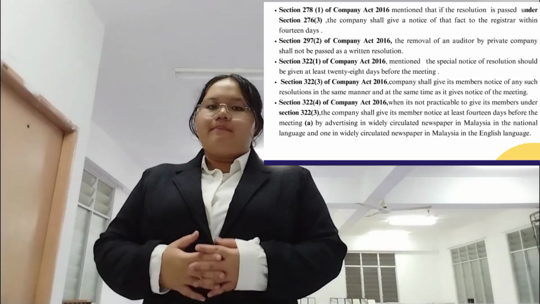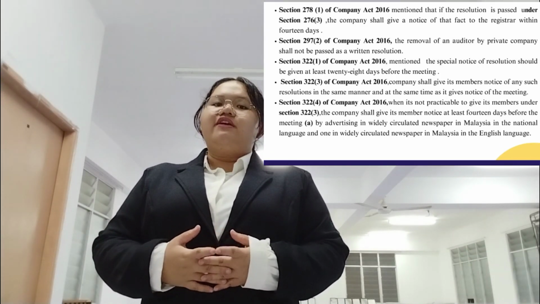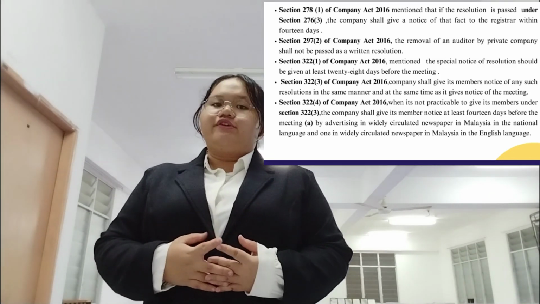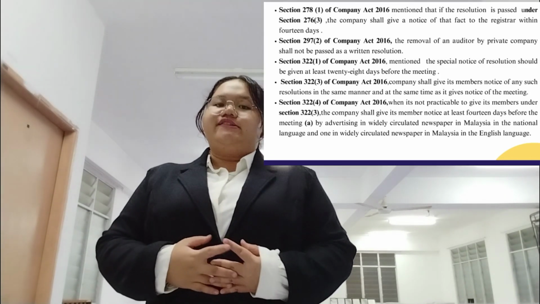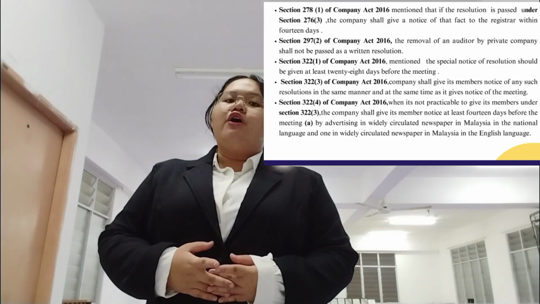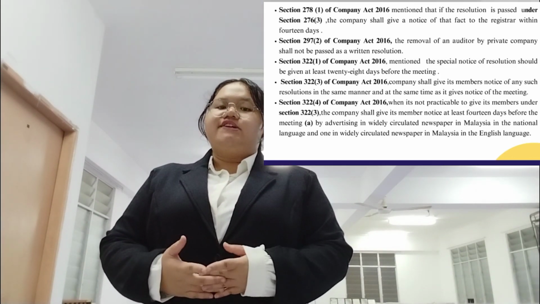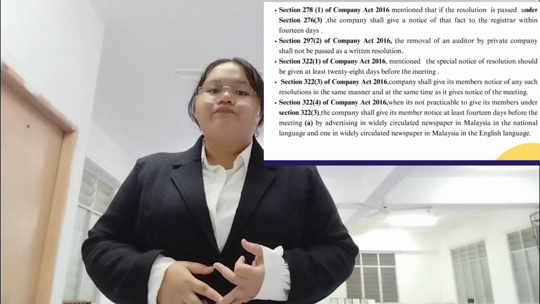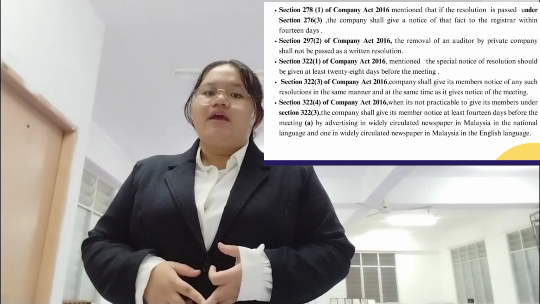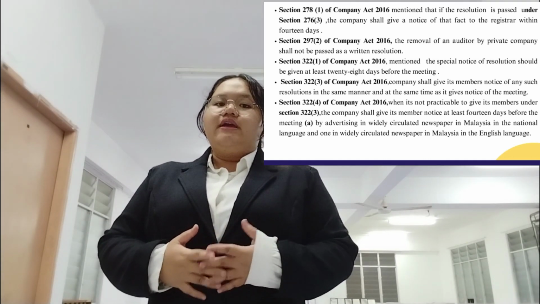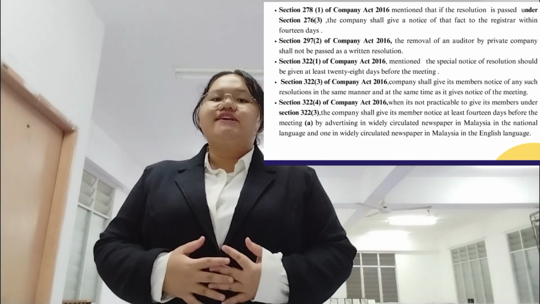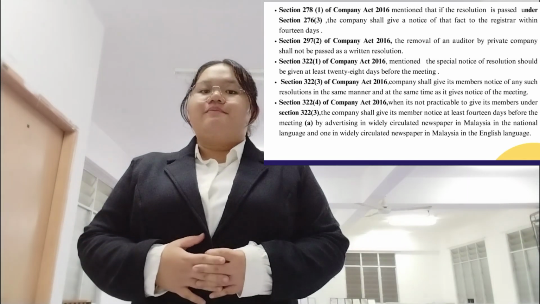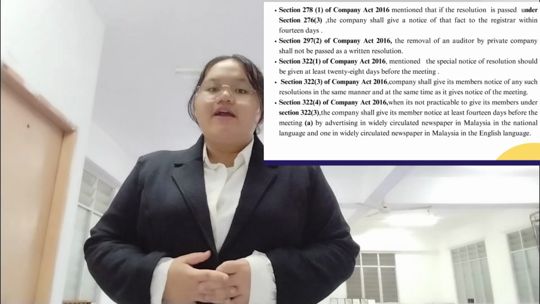It can be given by advertising in one widely circulated newspaper in Malaysia in the national language, such as Utusan Borneo, Utusan Malaysia, Berita Harian, and a widely circulated newspaper in the English language, such as The Star, The Sun,